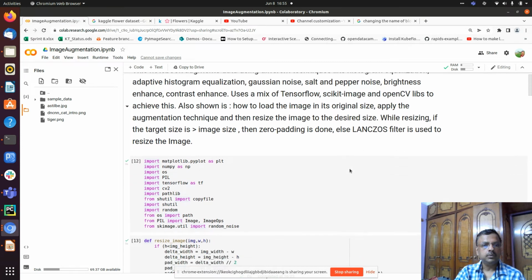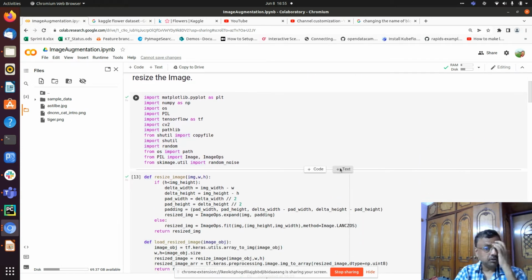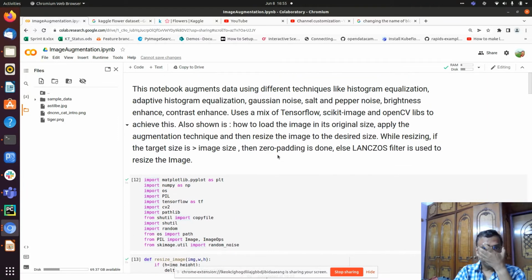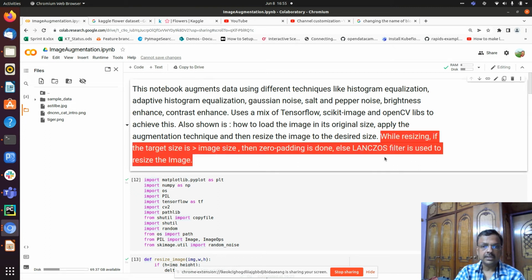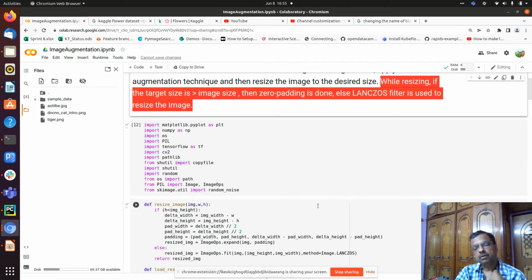So this is my notebook, which shows image resizing and image augmentation. What's very important here is, while resizing, we need to understand what is my strategy of resizing. One of the good practices is when the image size is less than the target size, most of the time it works much better to use zero padding, right? And when the image size is higher than the target size, we need to basically